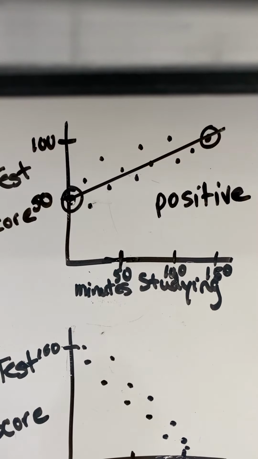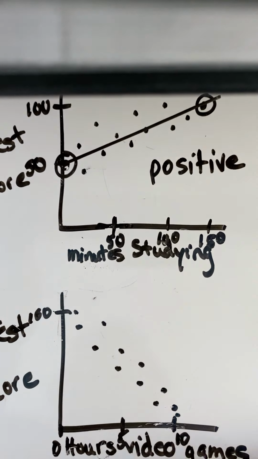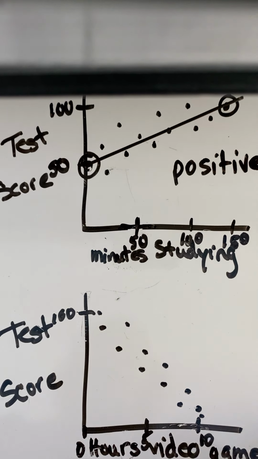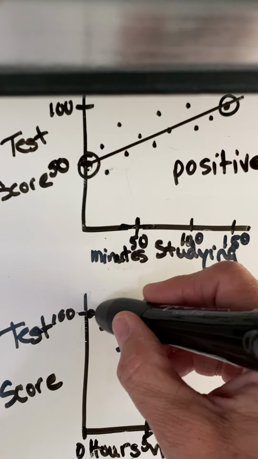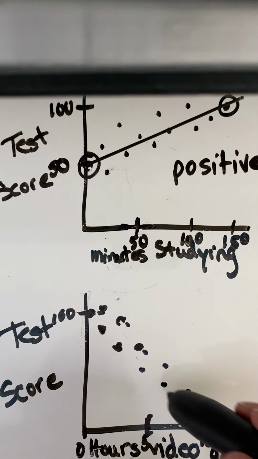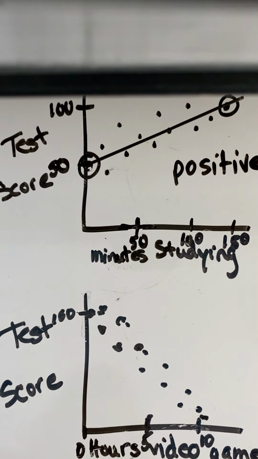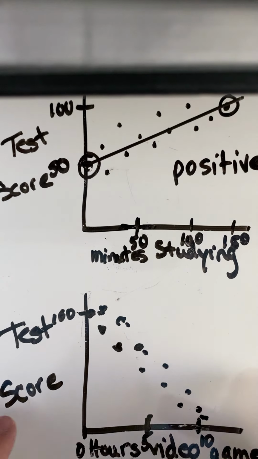Now, let's compare that to this. Suppose now instead of the x-axis representing how long you study, it's hours you spend a day on video games. So someone who doesn't do any video games and is very studious, let's just pretend they get 100. Then we get to somebody who spends 5 hours a day, they don't do as well. And somebody who spends the entire day playing video games so they don't even take the test gets a very